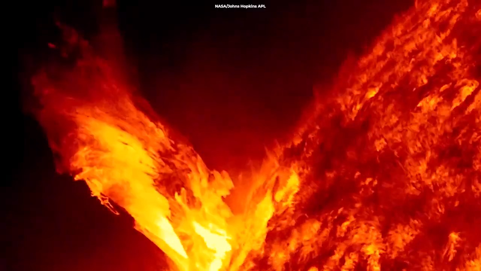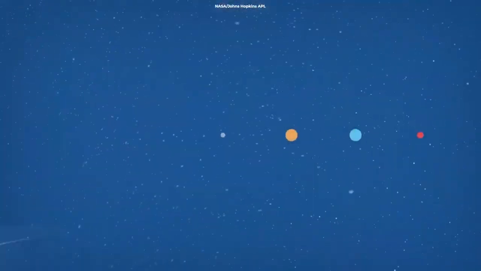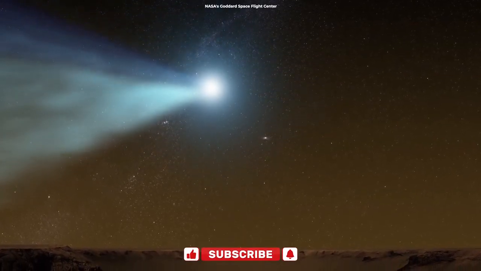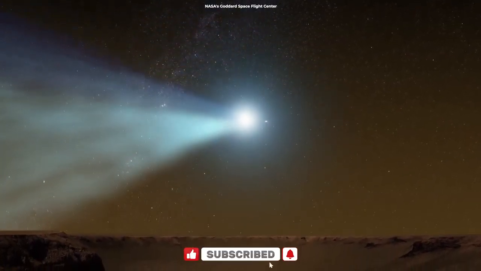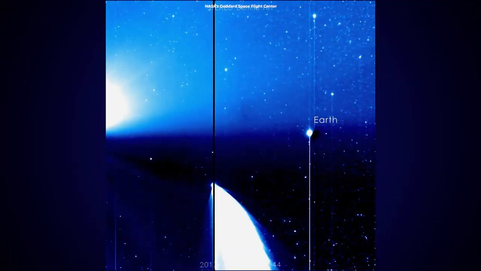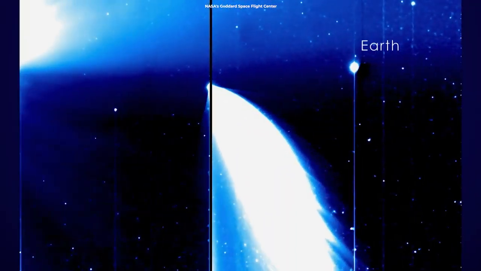Imagine the solar wind as the sun's extended touch, reaching out and interacting with every celestial body in its path. Comets, those icy travelers of our solar system, are dramatically affected by this wind. As a comet orbits closer to the sun, this solar wind begins to interact with the comet's nucleus, leading to